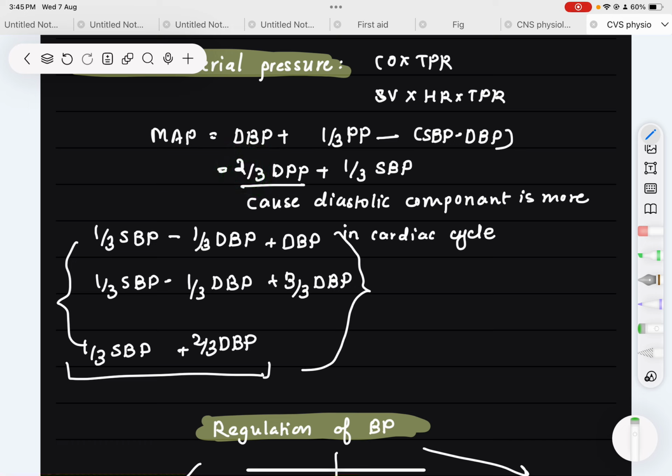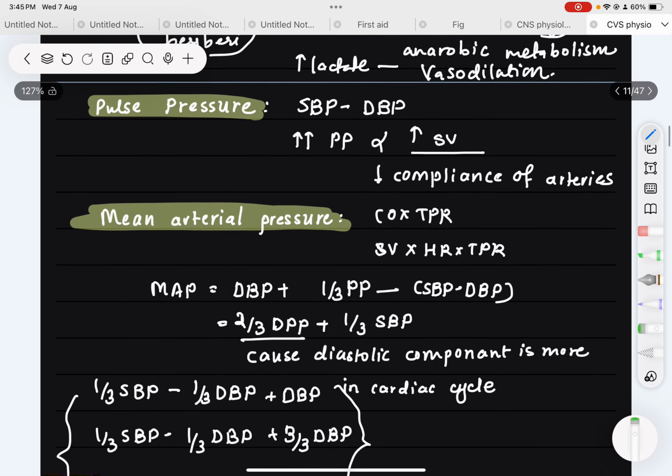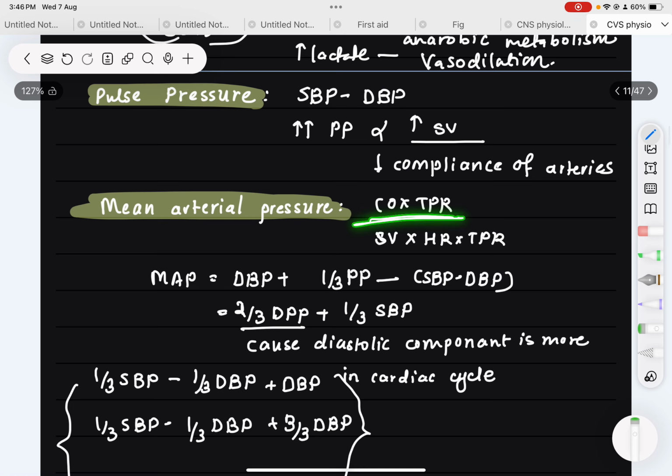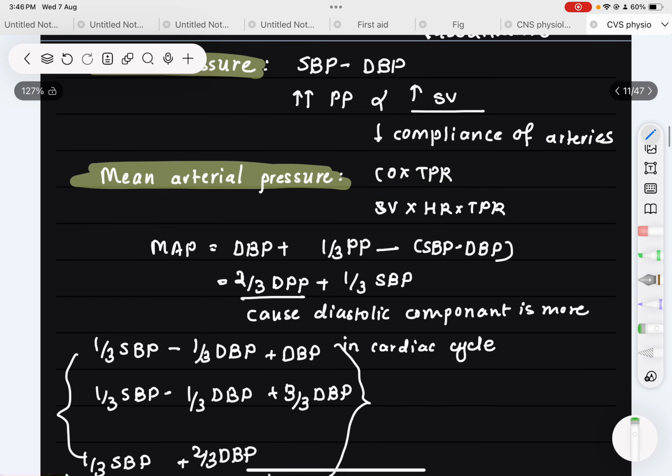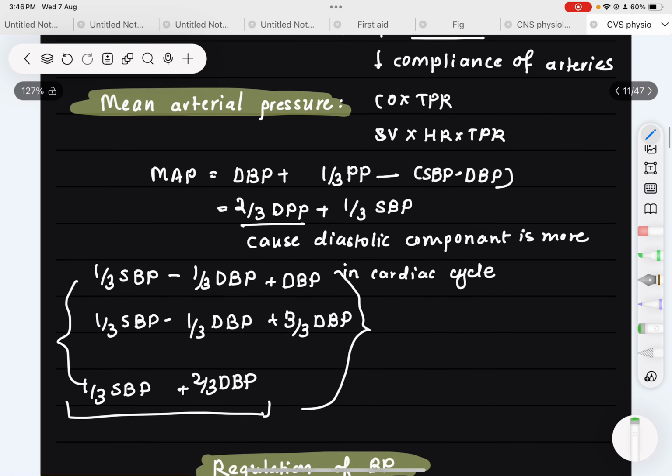Because if you see the cardiac cycle, the systolic part is less and the diastolic part is more. It is like 0.3 second of systole and 0.5 second of diastole. That's why we have divided 2/3 and 1/3, and we can calculate this mean arterial pressure. Another way is by calculating cardiac output into total peripheral resistance. So cardiac output means stroke volume into heart rate, and here